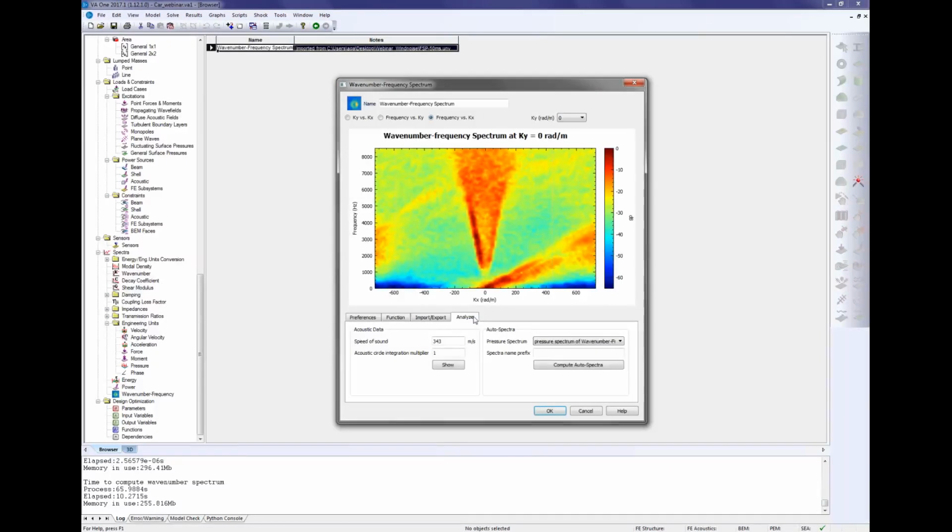So you can analyze this a bit more using acoustic data. So here, if you show this acoustic data, you can see the theoretical evolution of the wave number along frequency. So you can see the energy is not strictly into this area.